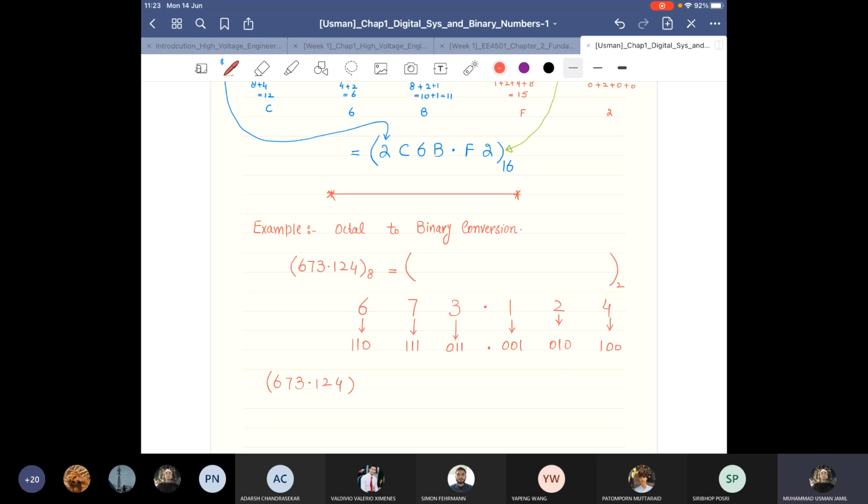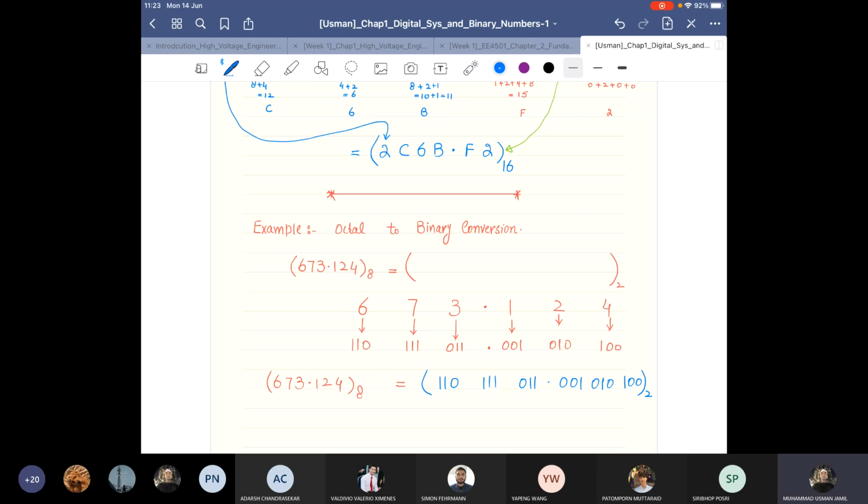So it means your answer is: 673.124 in octal form is equal to 110111011.001010100 in base 2. So this is the answer.